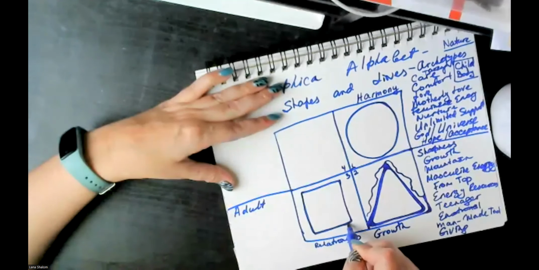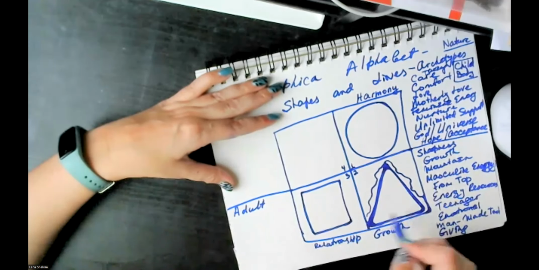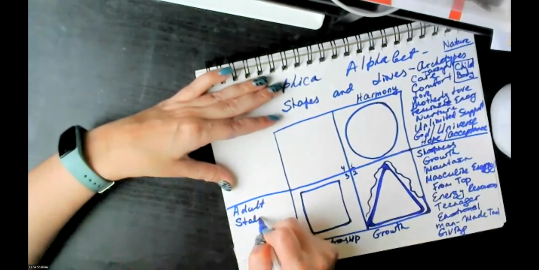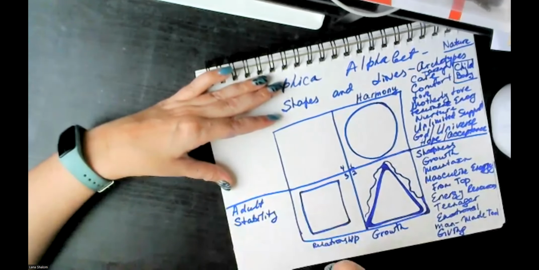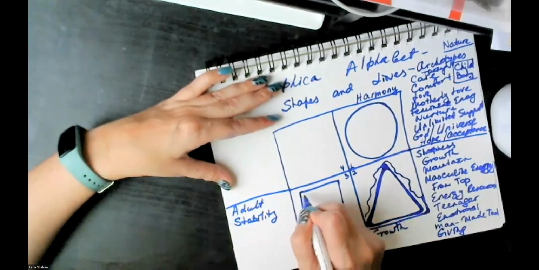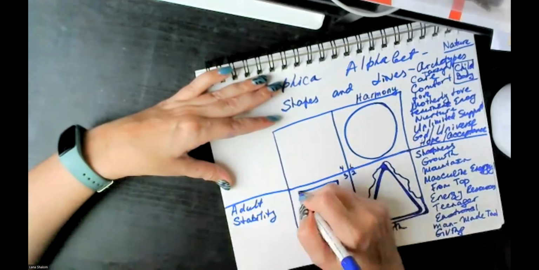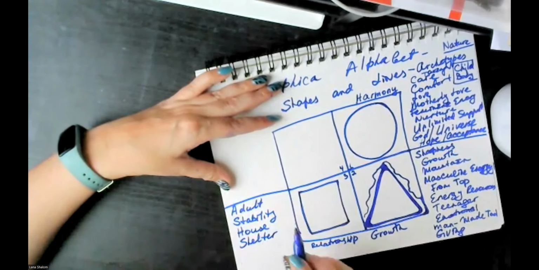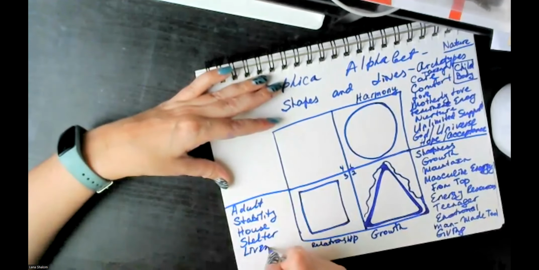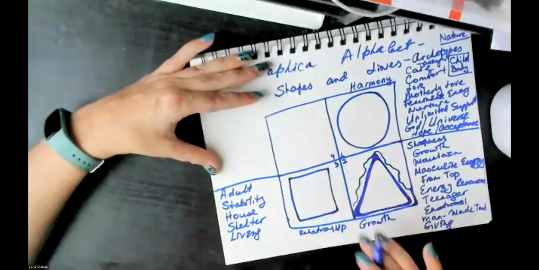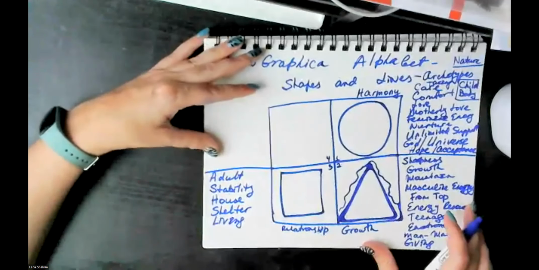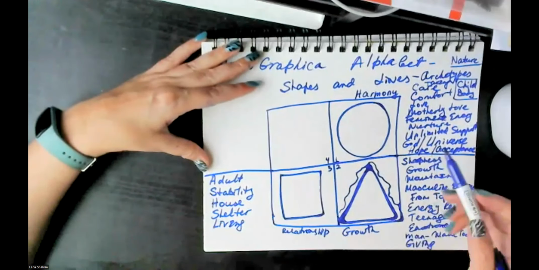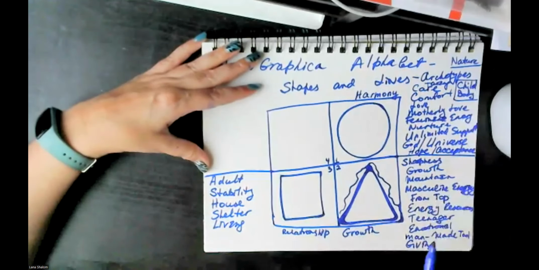it's not as sharp. It's not as peaky as a triangle. The square represents stability. The square represents, what does it look like, guys? It looks like a house, right? Put a triangle on top, it will be a house. The square represents house, shelter, living, right? What do we do as adults? We live, we create life, we contribute to life. Adults are about relationship. Relationship is about, remember, if this is about taking, this is about giving.